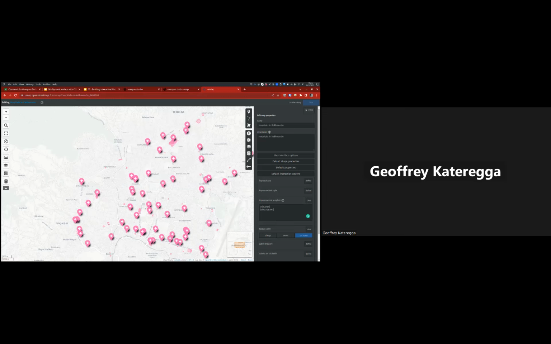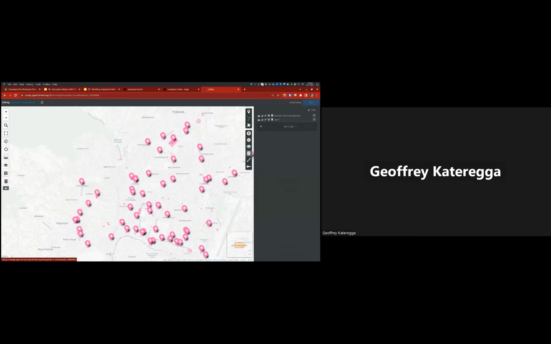Okay. So before I add what other things I want to add here, I'm going to first check my data to see what is in my data. For those of you who are familiar with ArcMap or QGIS, you know what we call the attribute table. So to see my attributes, I'm going to go to this icon here, which is manage layers. And if I go to manage layers, I can see my layer here. So these are things you can do with your layer. You can delete the layer, you can edit the properties in the table, you can edit the actual layer,